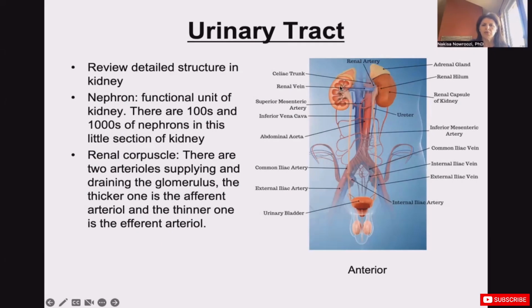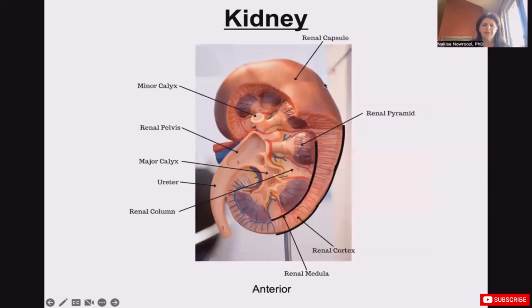Okay, so we're going to take cross-section of kidney and we magnify. This is our anterior view, and we're looking at the internal structure. So the renal capsule is the capsule that's covering the kidney. This layer is called renal cortex. And this entire layer inside the renal cortex is called renal medulla. Inside the renal medulla, you have these columns, these areas, they're called renal columns in between